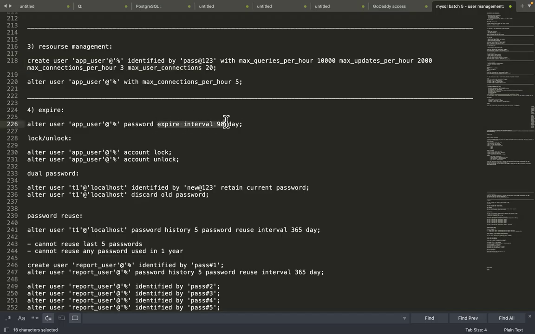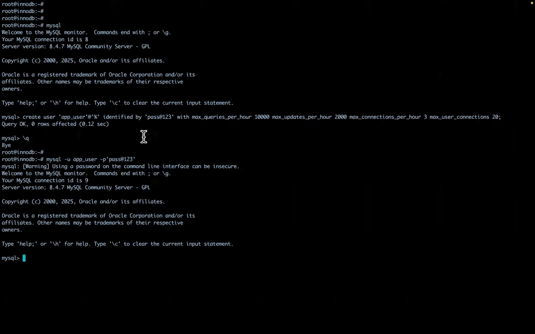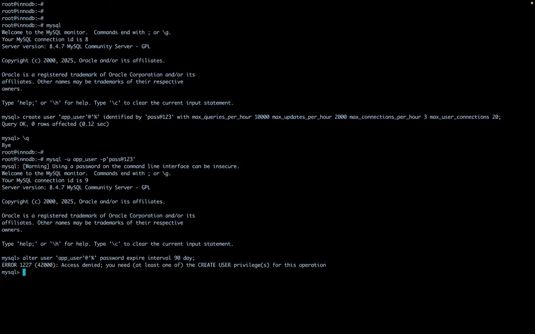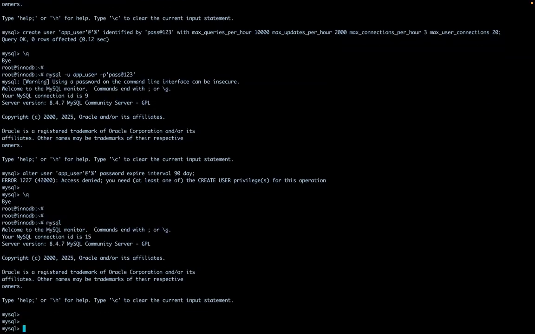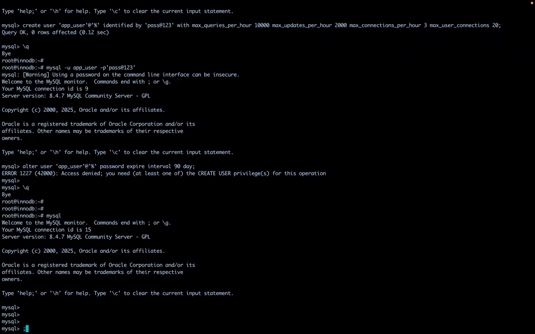You need to just add something like this. Password expire interval is 90 days or 60 days, 30 days, whatever you want. So, for example, if this app user is already created, what happened? I connected with another app user which does not have the permission, so just connected with the root user